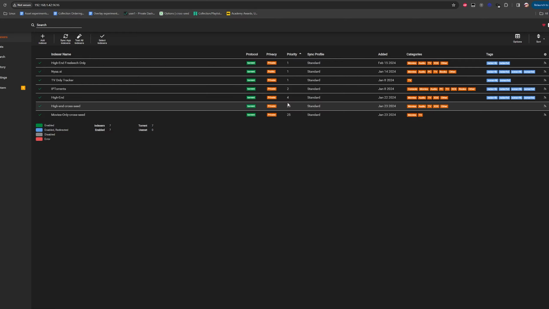But anyways, pretend Ultra HD bits or movies only tracker is here on this 3 line. So remember, if all else is the same, indexer priority will take precedence. So I wanted to grab it from BitTorrents if it can. And then Crossseed will probably cross-seed it to the third movies only tracker and help me build a ratio.